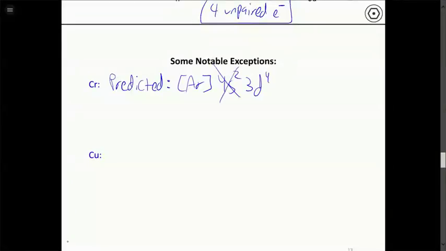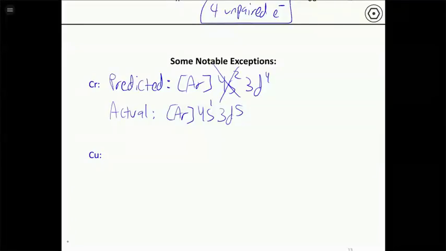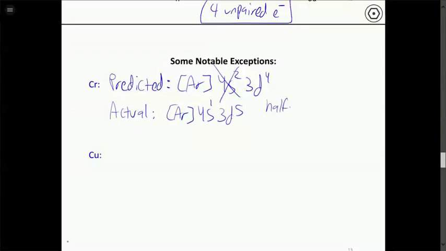But that's not quite right. The actual configuration is 4s1, 3d5. We don't change the number of electrons, we just take one of the electrons from the 4s and bump it up to the 3d, so now we have 1 electron in 4s, 5 in 3d instead of 2 and 4. Still 6 total valence electrons. And the reason for this is because of half-filled subshells being favorable, or perhaps a better way to think about it is that